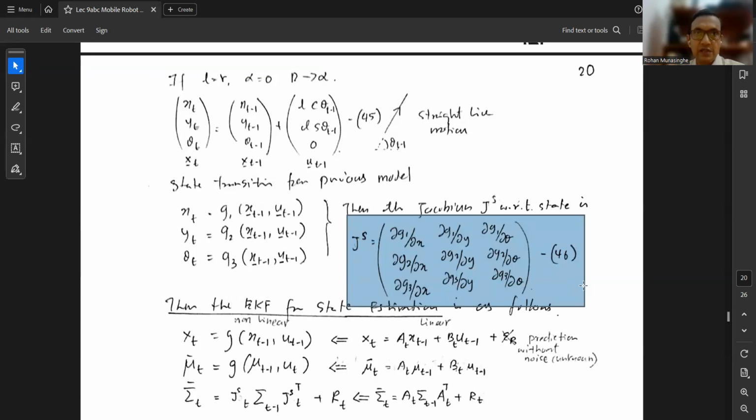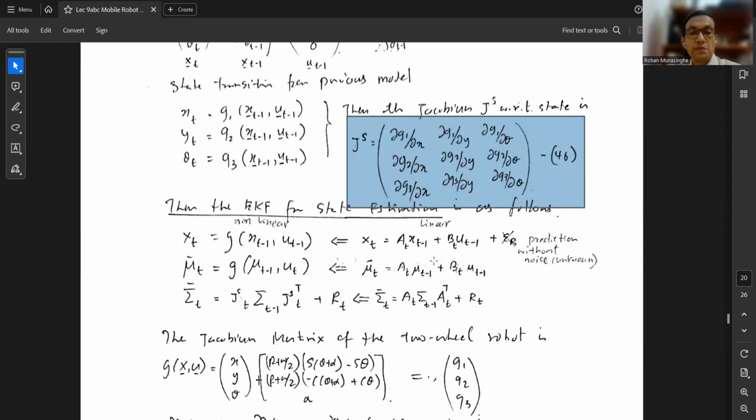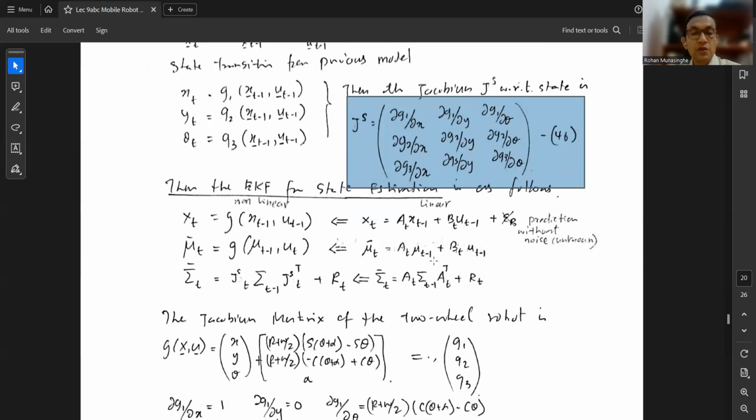You can see the three rows. These three rows are basically the three equations, and you see the three columns. The three columns are the state variables, x, y, theta. So you get the first equation for x and differentiate it with respect to x, y, and theta. Then the second equation for y, and differentiate it with respect to x, y, theta. So like that. Okay. So once you do that, you can